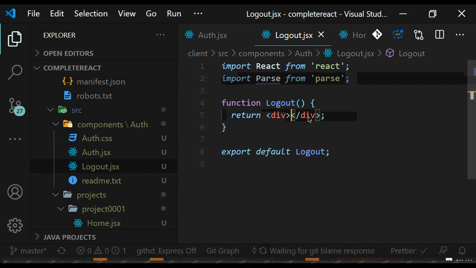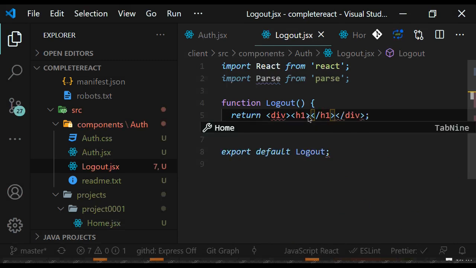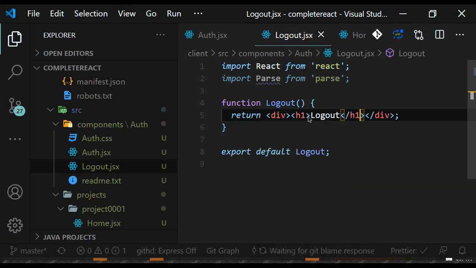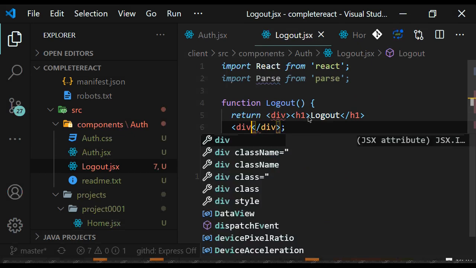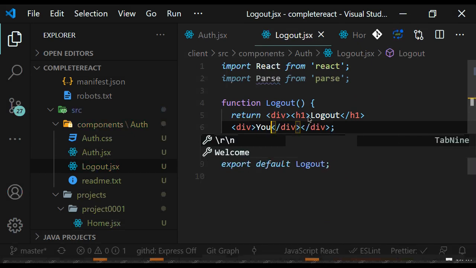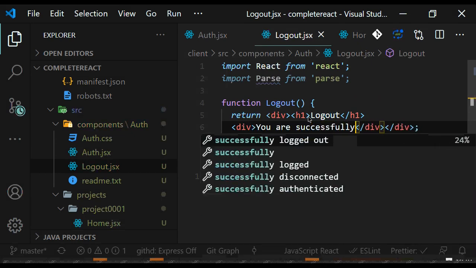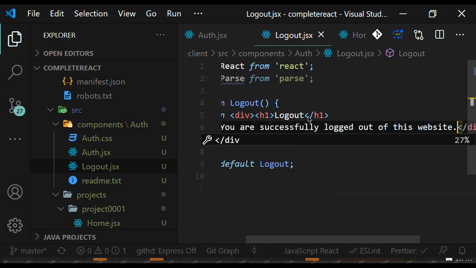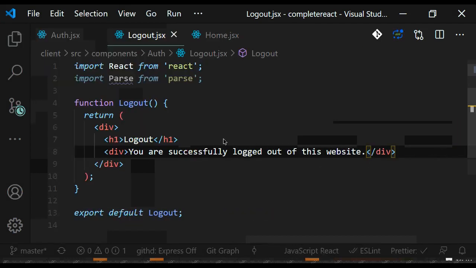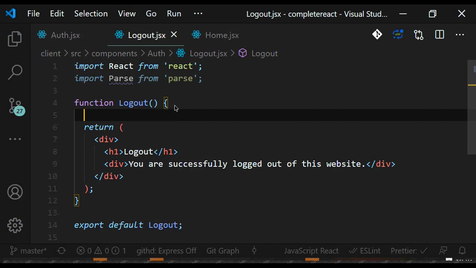Until the page goes to another page, for a few seconds the user will be able to see this page. I'll just put a message: you're successfully logged out of this website. And here in the useEffect,